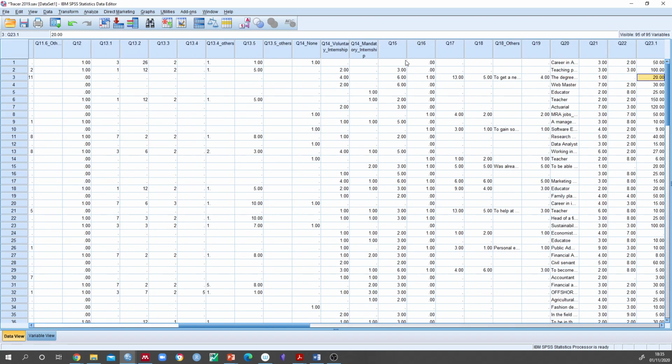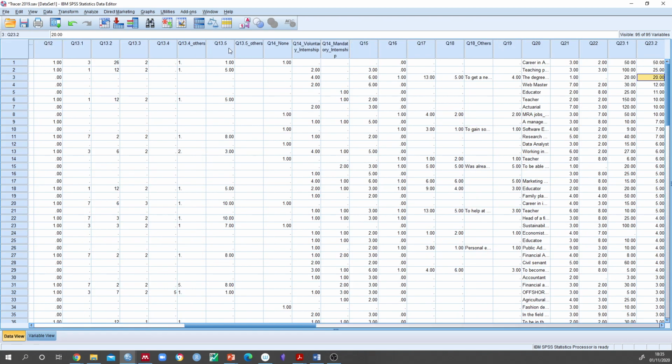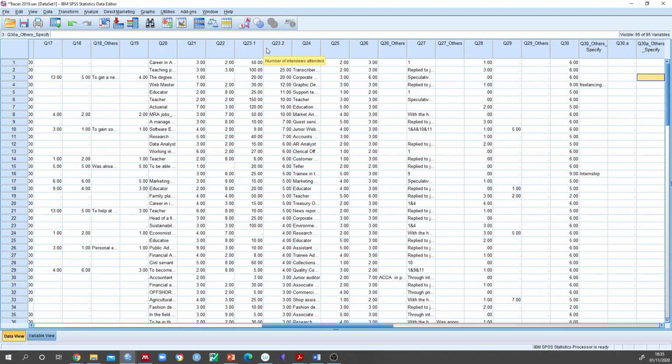If we go to the variable here, number of interviews attended, it was question 23.2, here we are. So this respondent actually said that he or she attended 50 interviews, and this one said 25 and this one 20, so this seems to be really exaggerated. 20 interviews, 25 interviews, 50 interviews. Now it could be true,